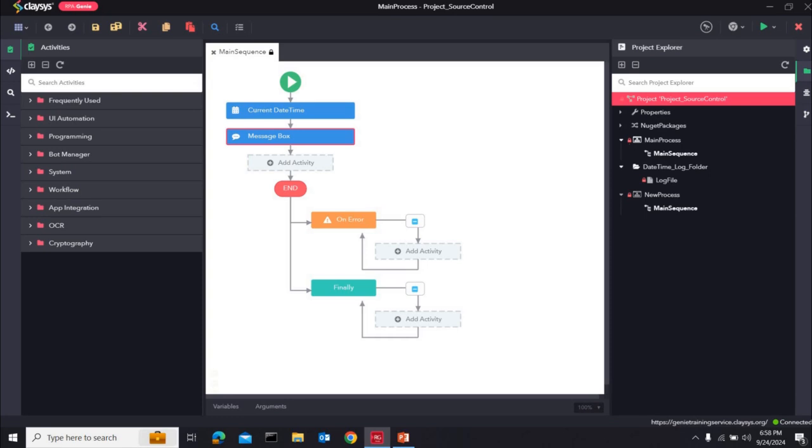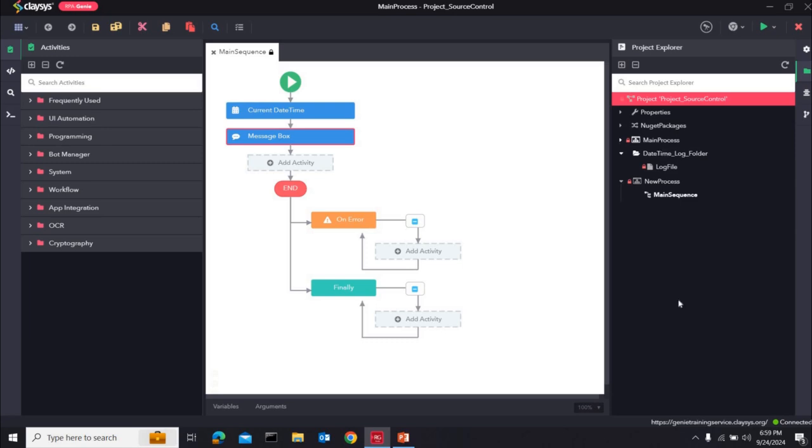locked for others. So basically, a user has to check in a process after making the required changes to the process so that the other users can check out that particular checked-in process to make further modifications to the same. Since it is locked now, I am also unable to modify this project further. So now, I will show you how a user can check out the process and make changes to this project.